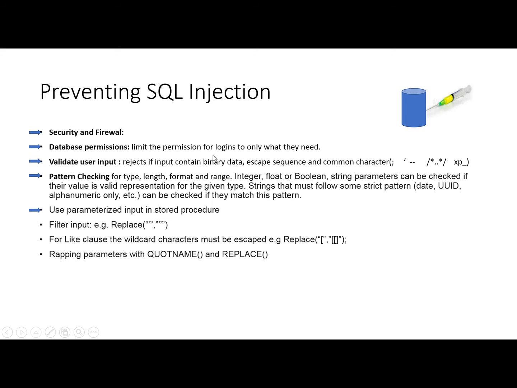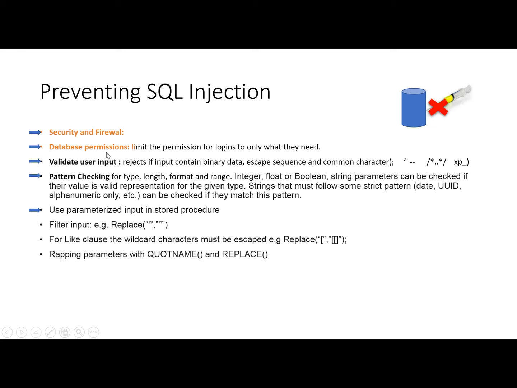SQL injection module is going on, and in this video we will discuss some preventions for SQL injection. From these preventions, first of all, our network security should be tight, the network is configured properly, and firewalls will be installed so that any request coming from outside of the network is filtered through the firewalls. That is why, first of all, the network security should be tight, and then we have to review